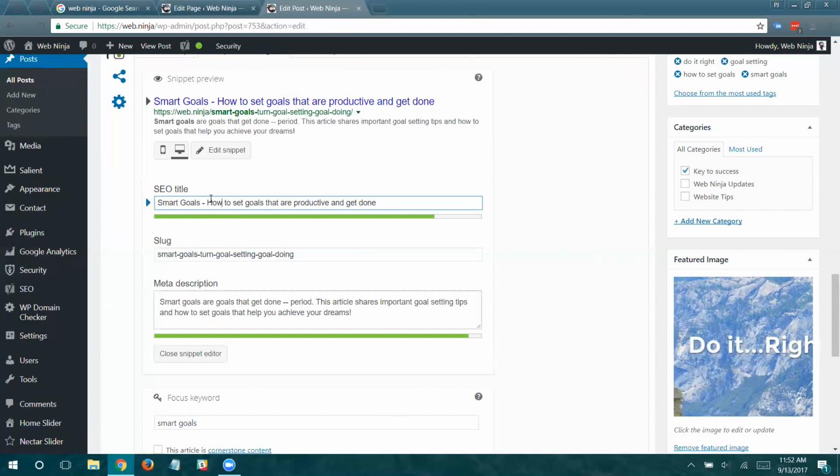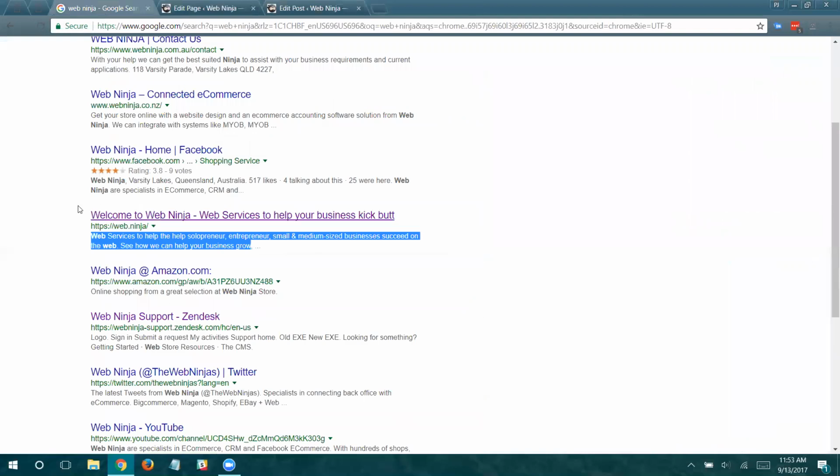That's not like super attention grabbing, but I thought it was conversational enough way for me to put the focus keyword at the beginning of the SEO title, and also was able to be more conversational with the description. So just to jump back, when somebody searches for SMART goals, the idea is I want that to show up with SMART goals, blah, blah, blah. And the description, SMART goals are goals that get done.